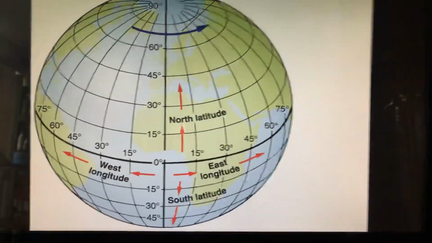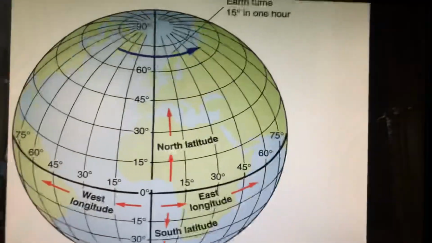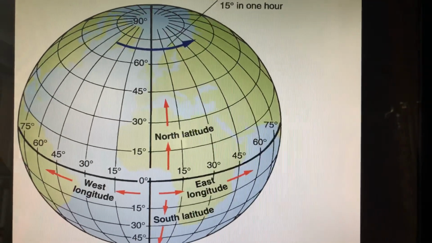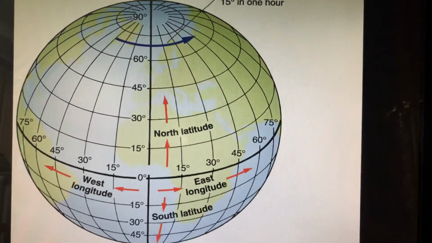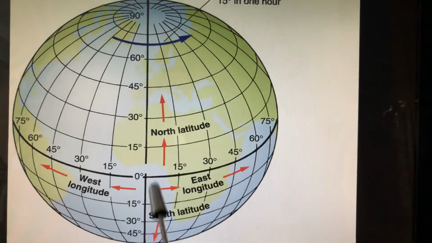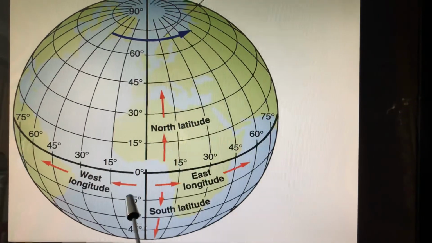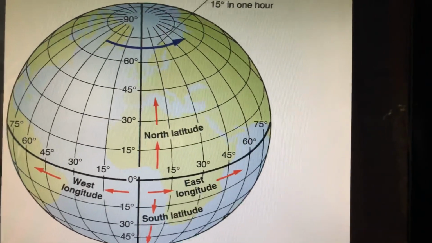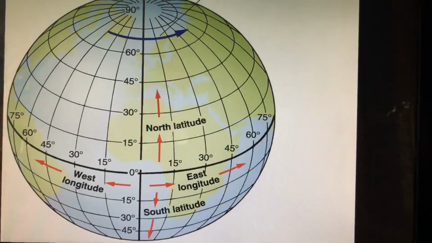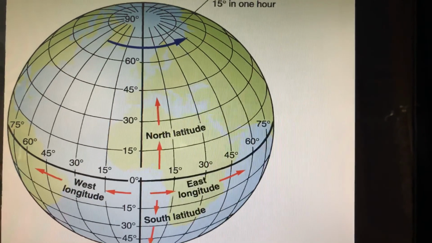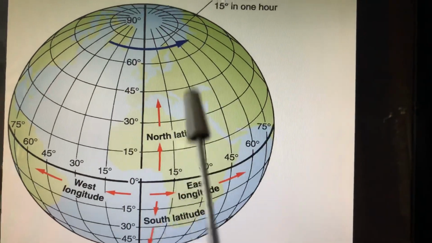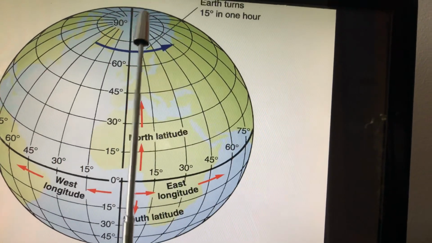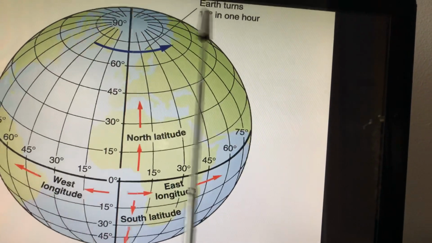Then let's go to the second coordinate. The second coordinate is the vertical lines, or the longitude. They are half circles, and they also have numbers in degrees. You see the 0 degree, this is the prime meridian, or the Greenwich meridian, and this is the starting point of measuring longitude. This line, or this plane, divides Earth into two equal halves, the western and the eastern